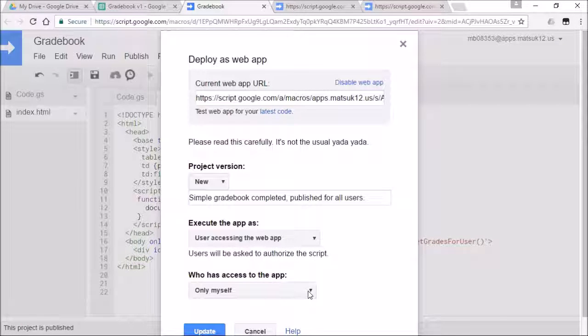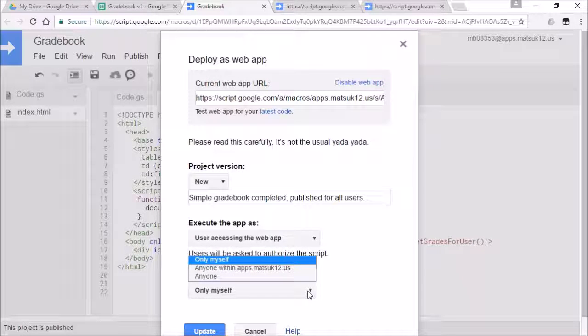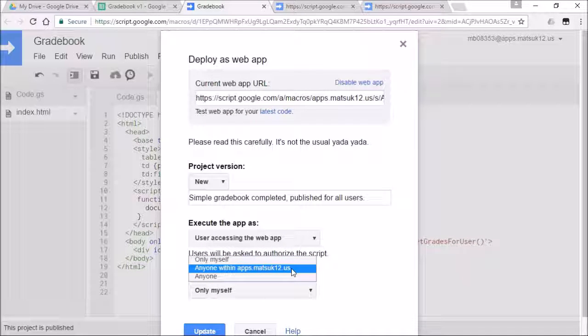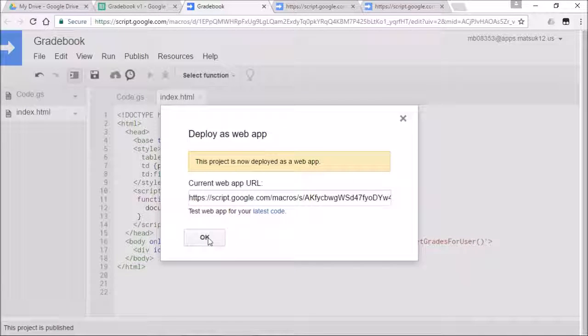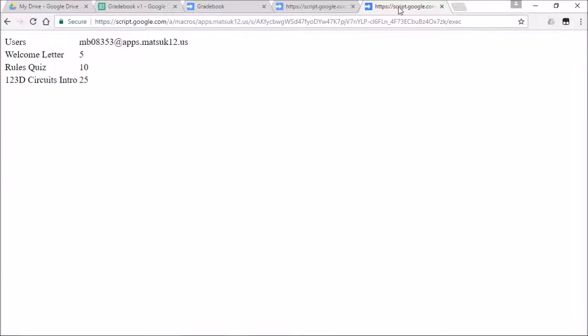Down here where it says only myself, we can't restrict the web app to only myself. We have to make it so that anyone can see it. We could make it anyone within apps.matsuk12.us, but then if somebody tries to log in while logged into a Google account that's not part of my domain, they won't get a message that makes sense. So if we do it with anyone, that error message that we created earlier will be displayed. Now I'm going to hit update and OK. Now if I go over here and click refresh,